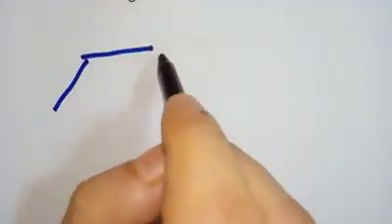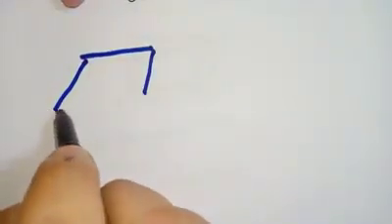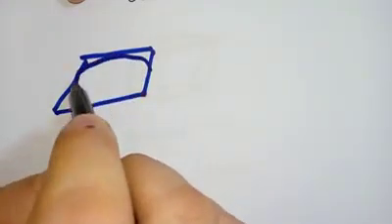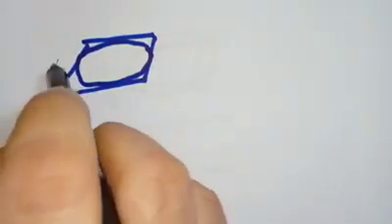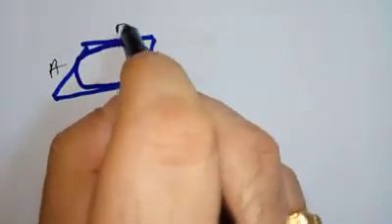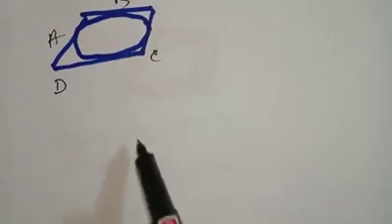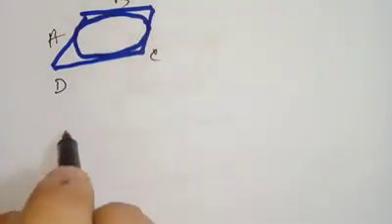So we draw it something like this, and then we draw like this, although it is not a perfect figure. So we can further name it as ABCD. For example, we are naming it as A, B and C and D. So in this case what is happening is that we can write this polygon